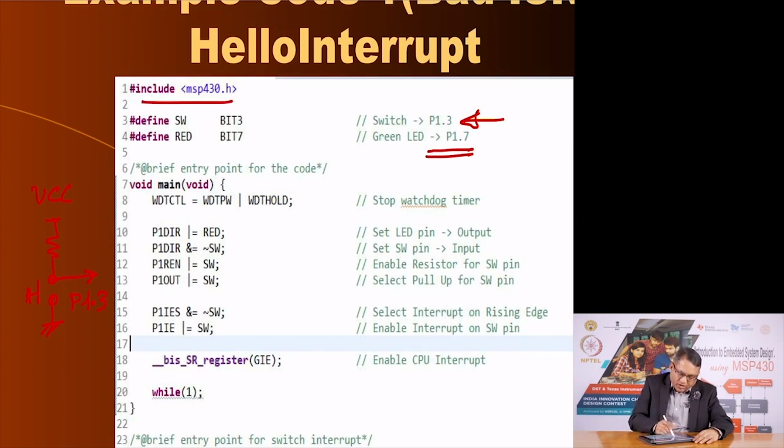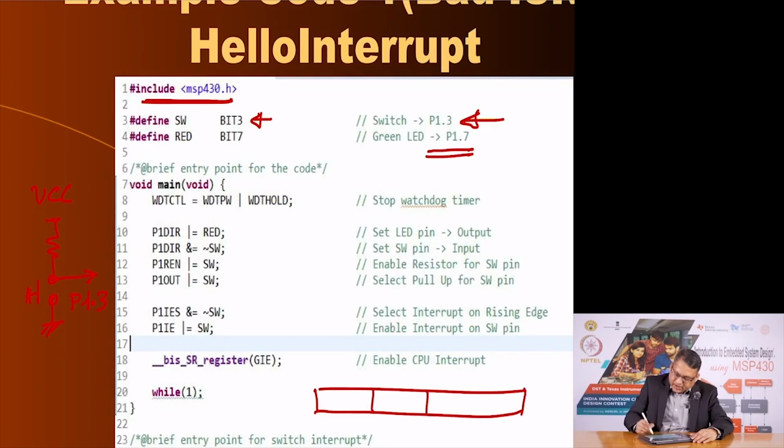So, we have to include, as you know, this header file in our C program. We have already defined that we have a switch which is on bit 3. Now, you see, bit 3 is a mask, which means that if I have 8 bits like this,